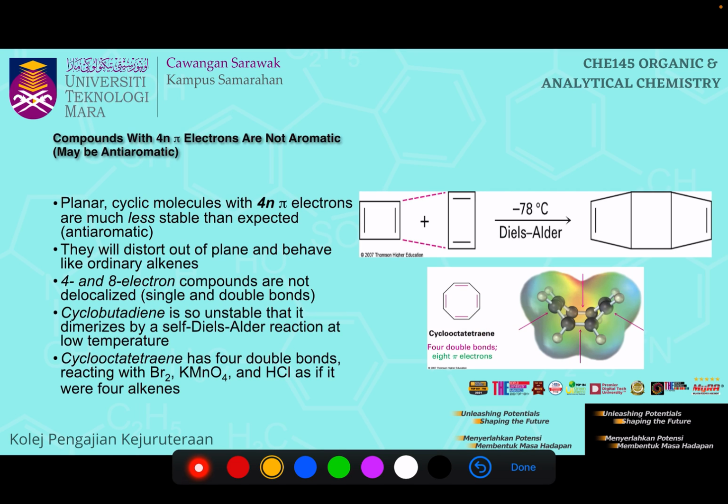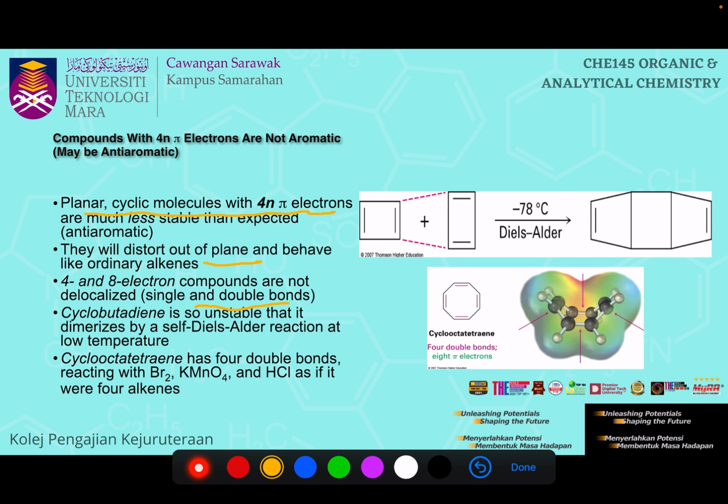Compounds with 4n pi electrons are not aromatic, maybe anti-aromatic. Anti-aromatic means they are not aromatic, basically. A planar cyclic molecule with 4n pi electrons is much less stable than expected. So these are anti-aromatic. They will distort out of plane and behave like ordinary alkenes. So if you see a reaction later, a cyclic compound does not necessarily behave like benzene, although it is cyclic with alternating double bonds. It looks conjugated, but because 4n electron compounds are not delocalized, they have